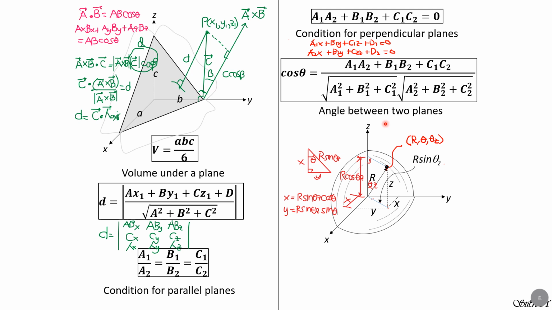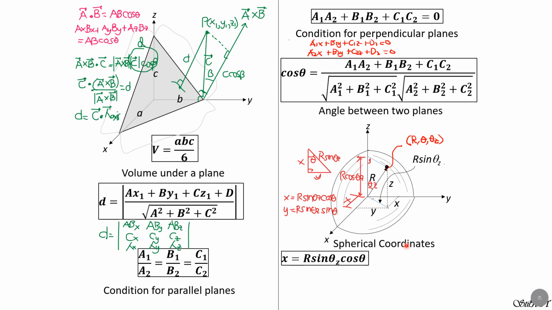Remember the shadow earlier, if we imagine a light overhead, this is the shadow, and that is R times sine of this angle, theta z. And considering this right triangle, we have R sine theta z, this is x and this is y, and that's theta. We can now define x as simply hypotenuse R sine theta z times cosine of theta, while y is hypotenuse which is R sine theta z times sine of theta, while z is just this R cosine theta z.